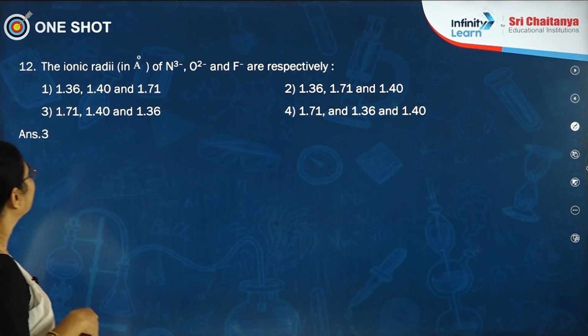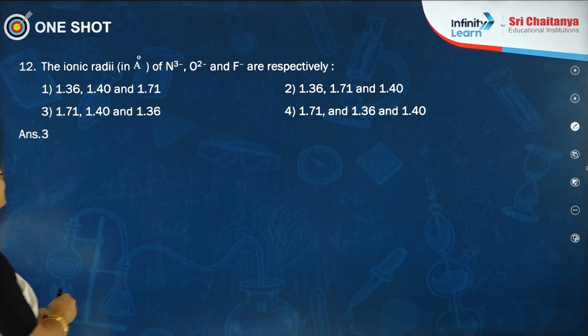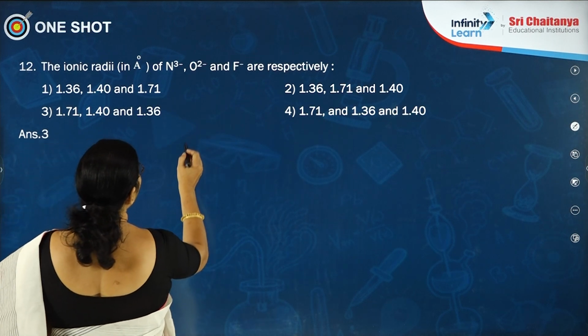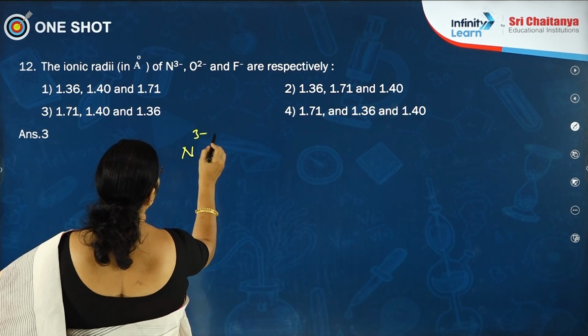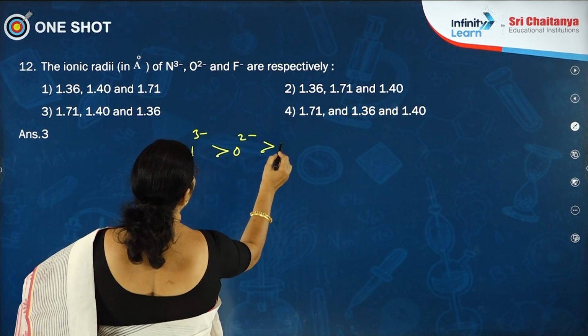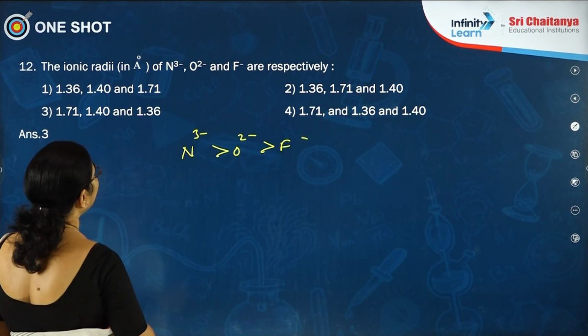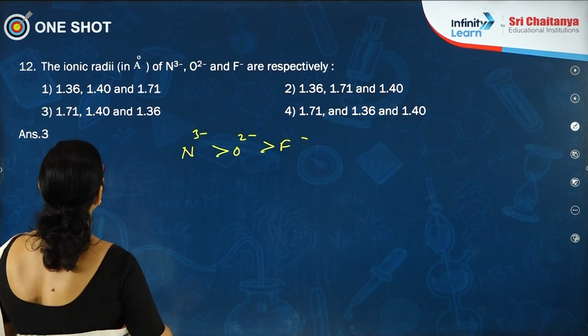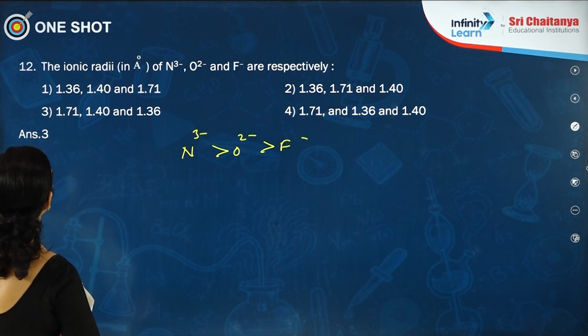Ionic radii of N3-, same question, but values are given. You know N3- is greater than O2- is greater than F-. So, among the given 4, N3-, O2-, F-, option 3 is the correct one. Next,